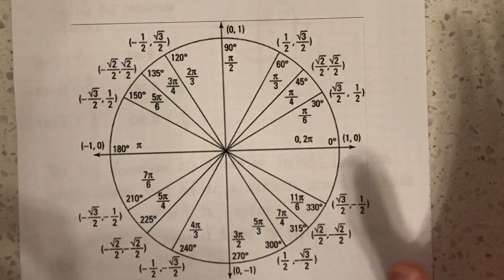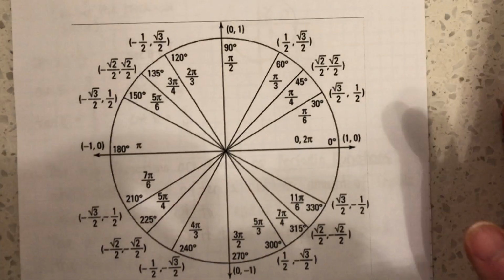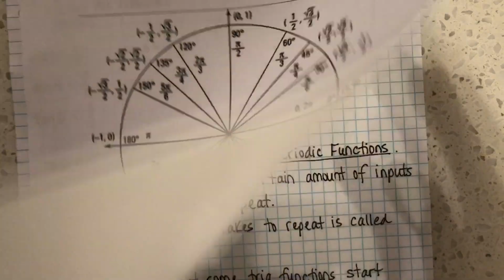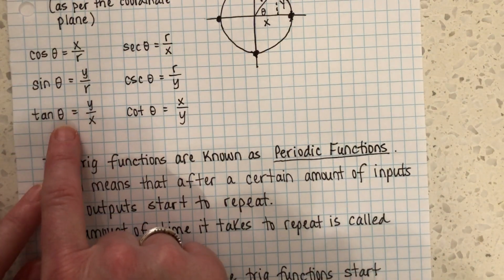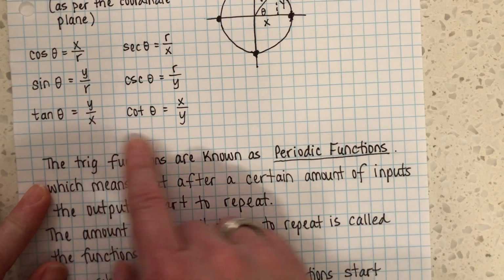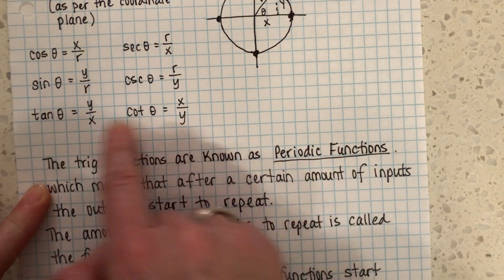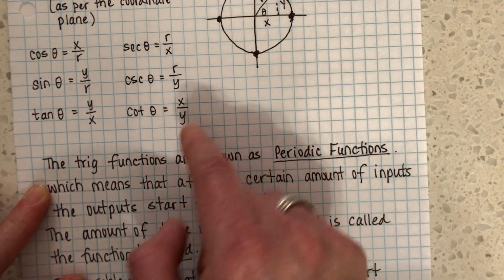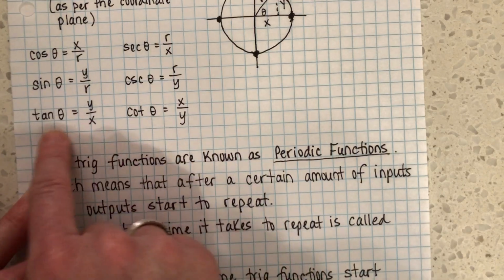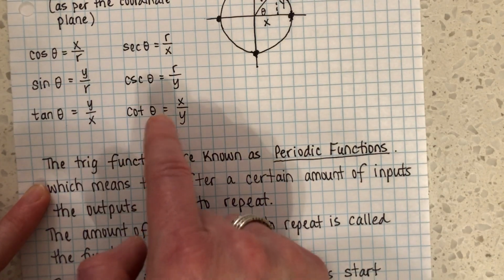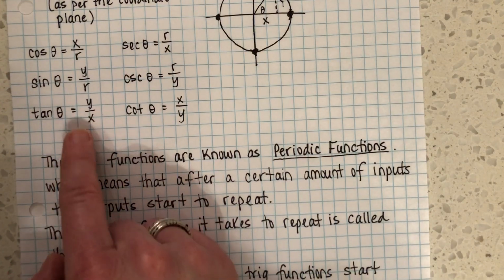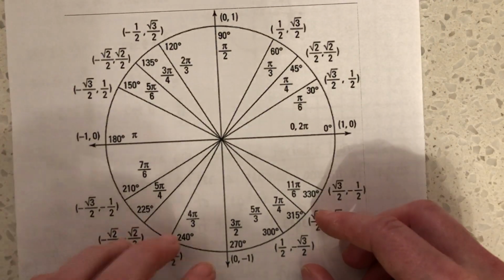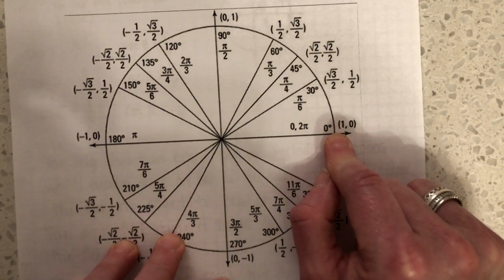All right, but, big but, the tangent and the cotangent function, their ratios don't just depend on x and a radius or y and a radius. Their functions depend on a y coordinate and an x coordinate. So you're going to notice that because they don't depend on just x or just y, they depend on both the x and the y, their functions actually start to repeat outputs faster. So watch, tangent is a y coordinate over an x coordinate, right? So if you go around and you start throwing all of the y coordinates over an x coordinate, well,